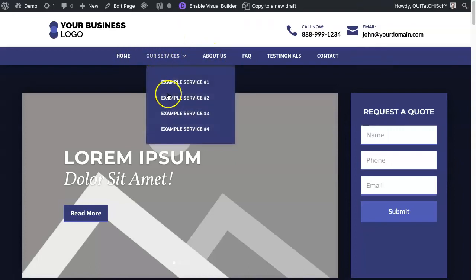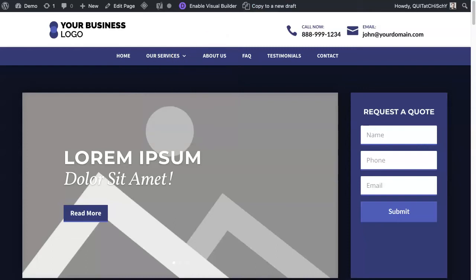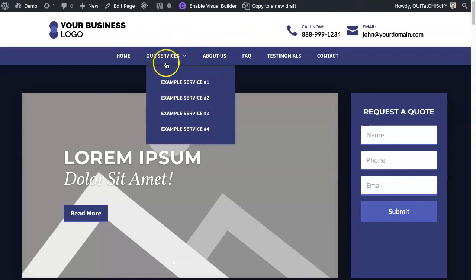And so everything needs to be within a set aisle that people can easily find things in. So if you have all the different pages of your website just randomly in your menu, then that would be like going into a grocery store with no aisles. People are going to get confused. They're not going to know what's going on. So it's really important that you order the pages in your menu in such a way that everything's in the